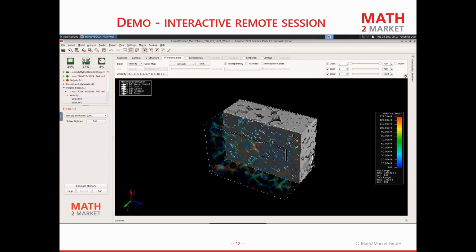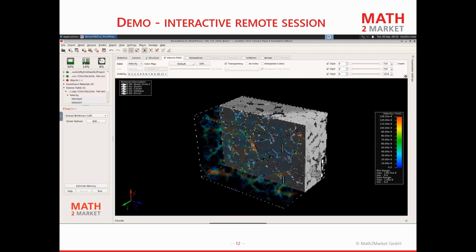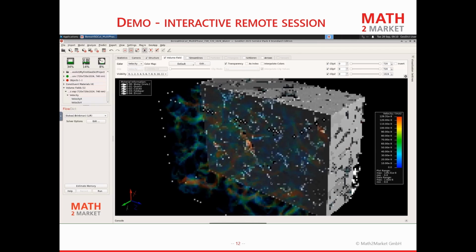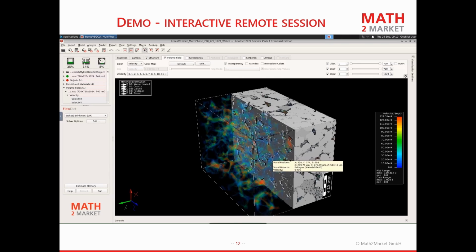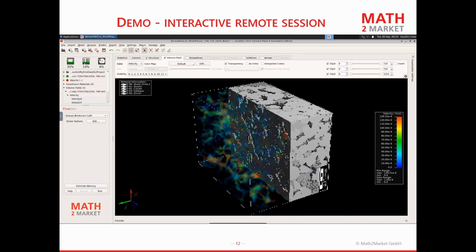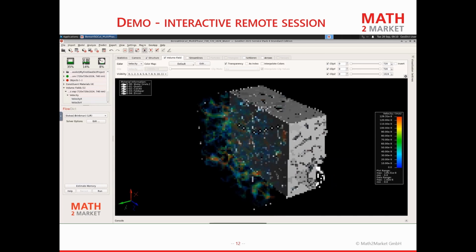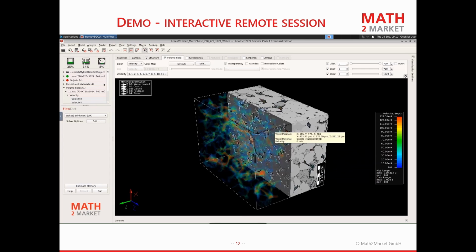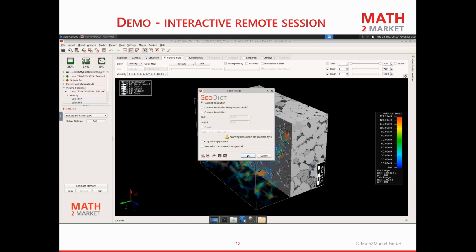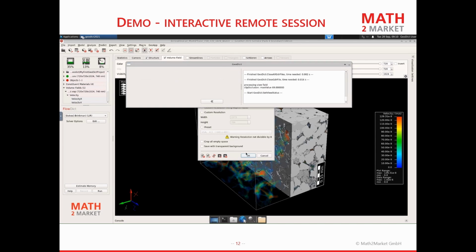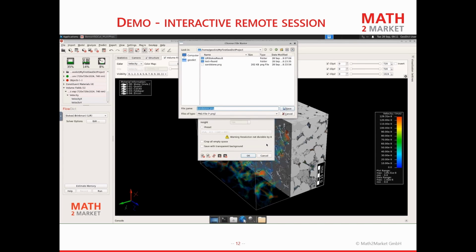And we can see that we get a nice visualization of the flow field distribution. And now we can go and save this image if we want to. Of course, we could also save videos as well, but let's just save an image. Go to File, Save Image As. And I just save it as sandstone.png.